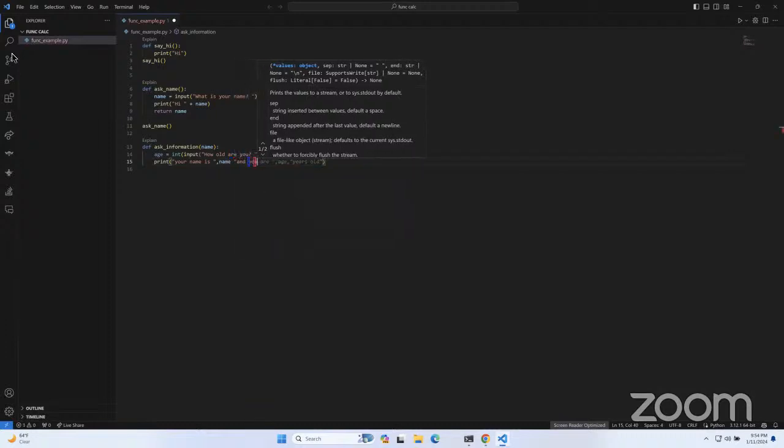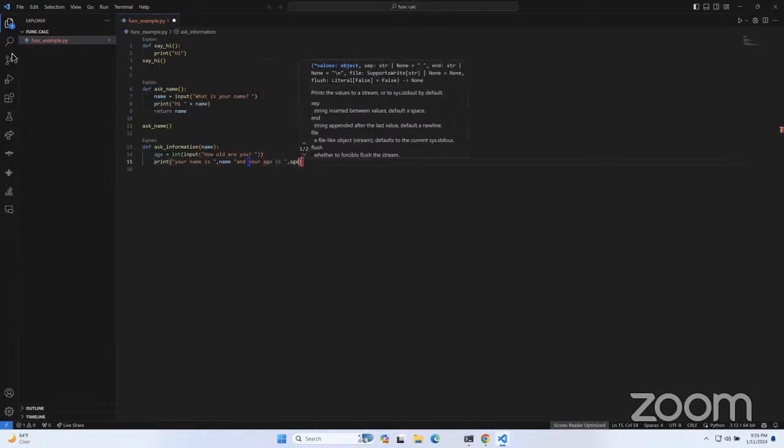"and your age is", age. We've got to convert age, because remember that's an int, to str. All right. Let's see if that works. print("your name is", name, "and your age is", str(age))